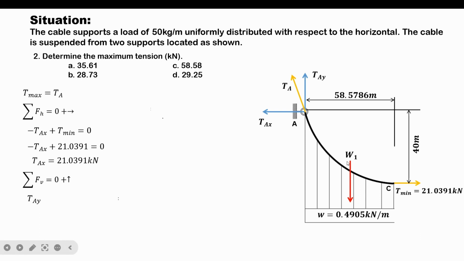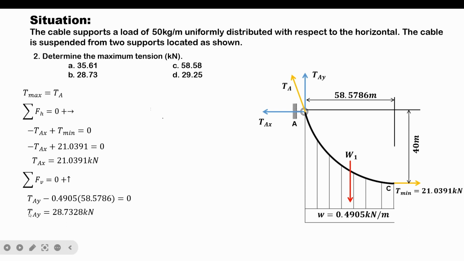The value of W1 would be 0.4905 multiplied by its length, and it is associated with a negative sign because it is acting downward. As you can see in the figure, there are no other vertical forces involved in this equation, hence the equation is set equal to 0. Simplifying this equation, we get the vertical component of the tension at A to be